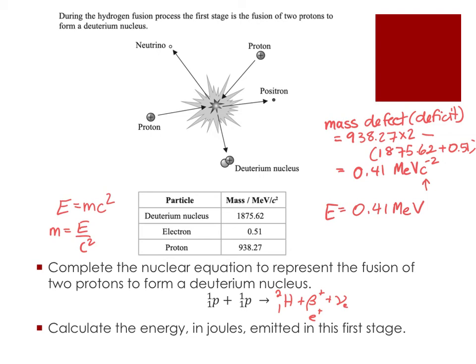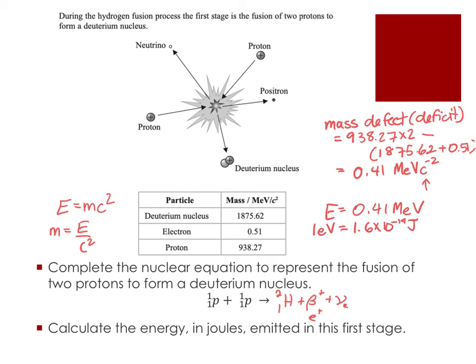So if I only got to there, I would miss the last mark. So remember, 1 electron volt is the amount of energy needed to move an electron through 1 volt. So that means if we use the idea of volt is joules per coulomb, if I want the energy required for that, which is the electron volt, I'm going to take 1 volt and multiply it by the charge of an electron. That gives us the relationship of 1 electron volt is equal to 1.6 times 10 to the minus